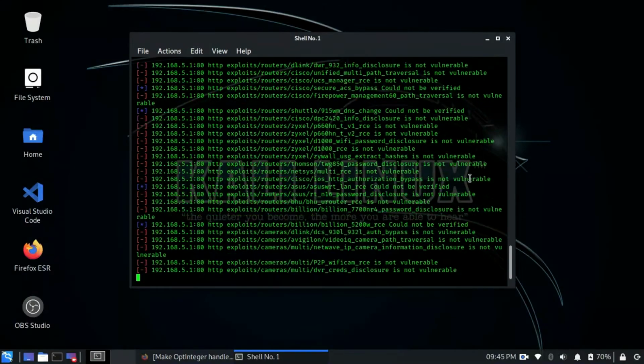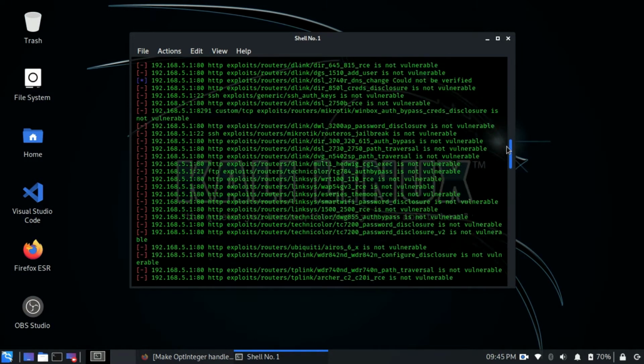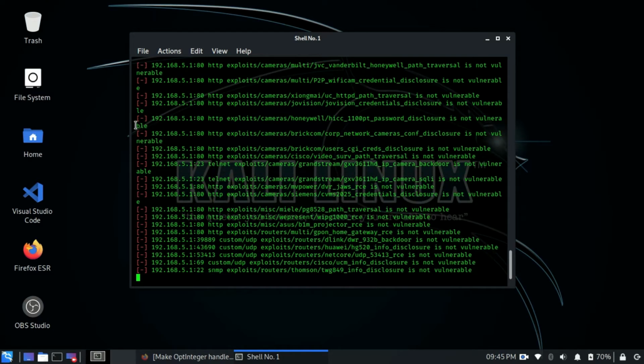These are the different exploits and modules which it is testing for vulnerabilities. If any vulnerability is found, it will report it. This box will be denoted in green if the target is vulnerable to that particular exploit. Here it's all red, so that means my device is passing all the security checks listed here.